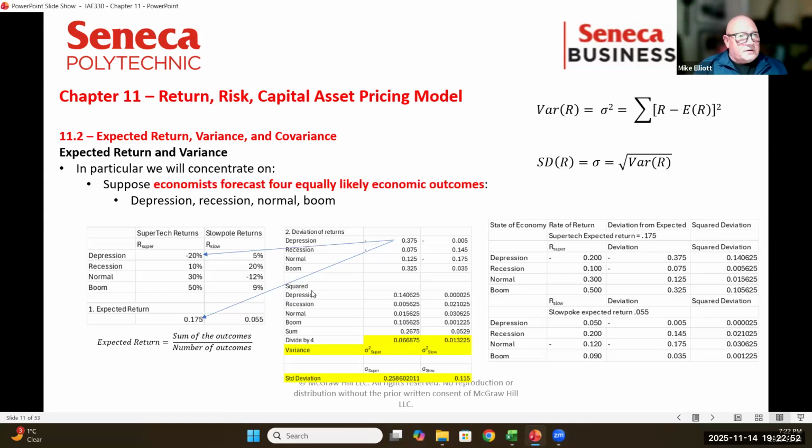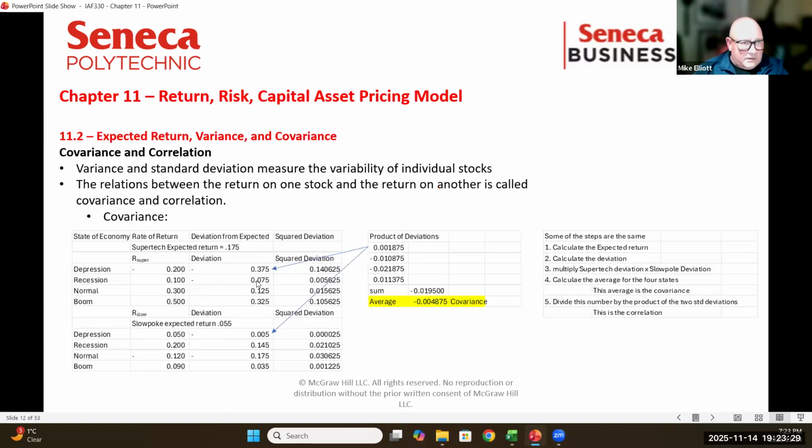So that gives us our individual stocks. How Supertech looks, we have our deviation and our variance, and how Slowpoke looks, and we have a variance and our deviation. But how do they compare to each other? In a depression, Super loses 20% and Slowpoke gains 5%. If we look at the difference between the mean and the return in both cases,